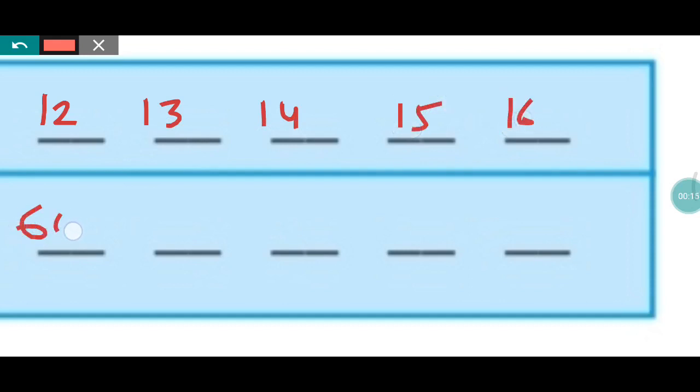We will fill the remaining part of the table. After 11, we have taken the values 12, 13, 14, 15 and 16. For 12 the answer is 60, for 13 the answer is 65, for 14 the answer is 70, for 15 the answer is 75, and for 16 the answer is 80.